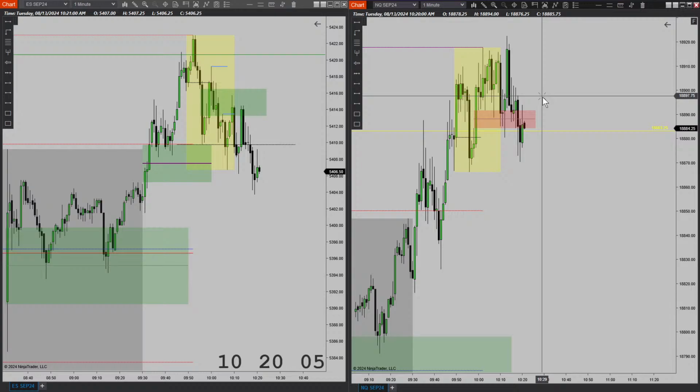All right. Let's see what it does now. We traded above that. We held at that imbalance. Then we swept the highs once again. Then we traded below it, which makes it an inverse. So if prices continue lower, then we should respect that imbalance. And my stop remains.